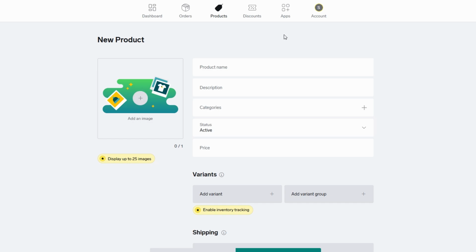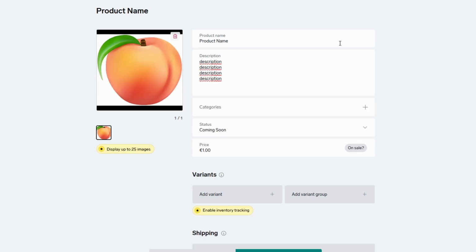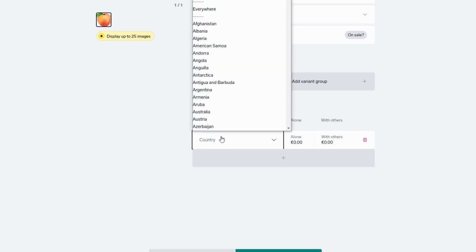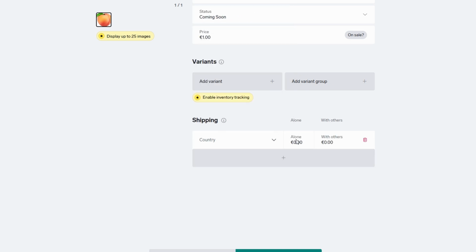If your product has different options, like colors or sizes, add these as variations. For instance, if you're selling a coffee mug, you might offer it in matte black and glossy white. Lastly, don't forget to input your shipping and tax details. This includes things like the product's weight and any applicable taxes to ensure customers have all the information they need